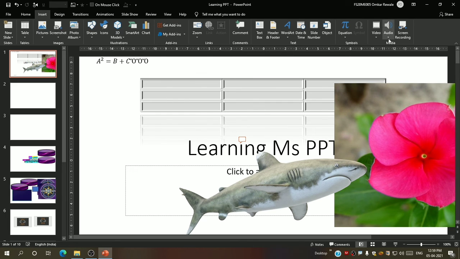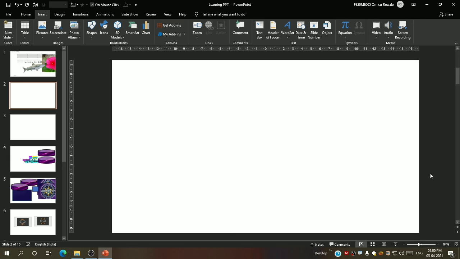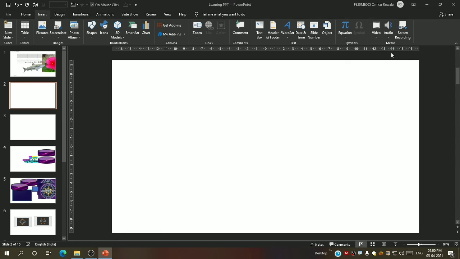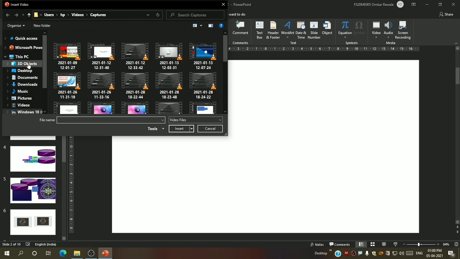Now, how to add video, audio, screen recording. This topic we will see in a new slide. Let me zoom out from here. Videos. I can also add videos from the device. If any video is saved in your device, you can add that from here, or you can also search for online video. Let me say this device. Well, now I don't have much. I will go in downloads.